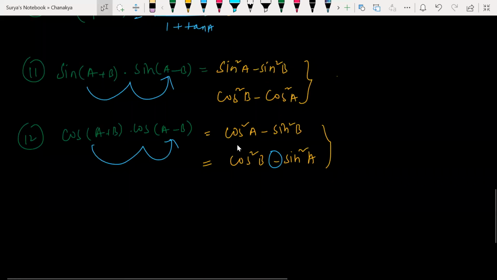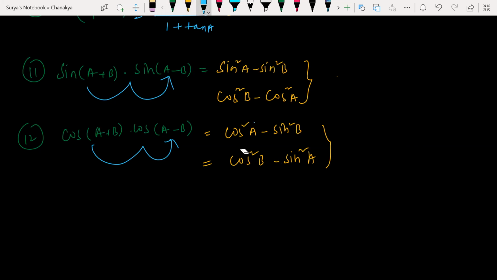So now look at this here. I was telling you cos A plus B and cos A minus B. Now I had sin square A minus sin square B, since it is a sine formula. Now look at this: cos square A minus sin square B. It is different. Sir, why can't you write the cos square A minus cos square B formula here? No, you can't write that. That is why I'm telling you it is something different.